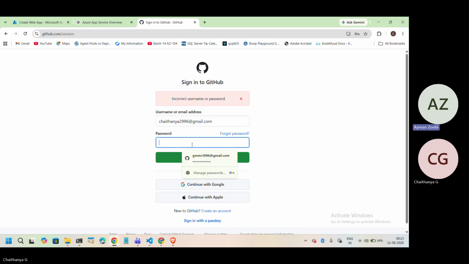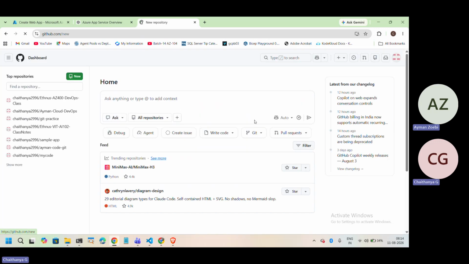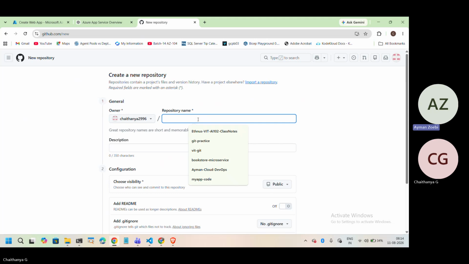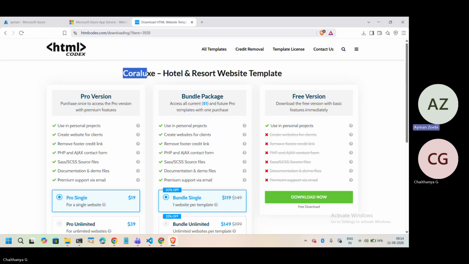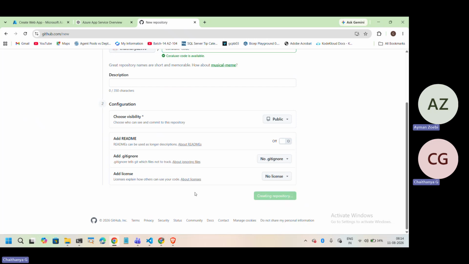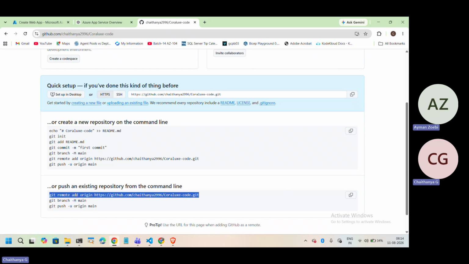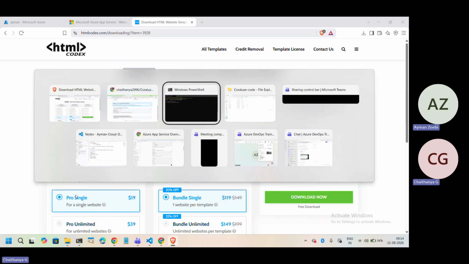Create a new repository and create a repository. I have existing code also there. Instead of going for existing code, I wanted to show the new code. Okay,